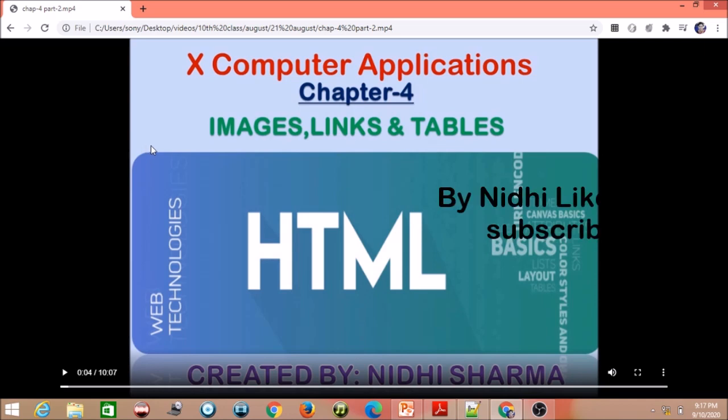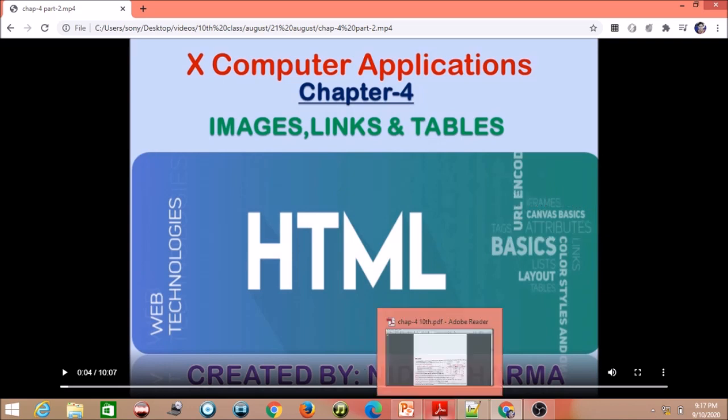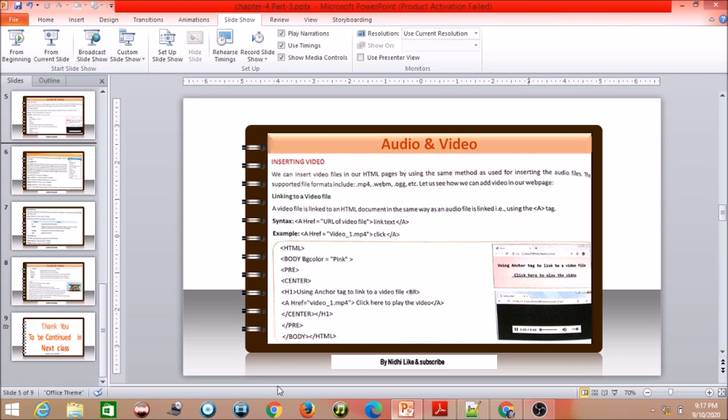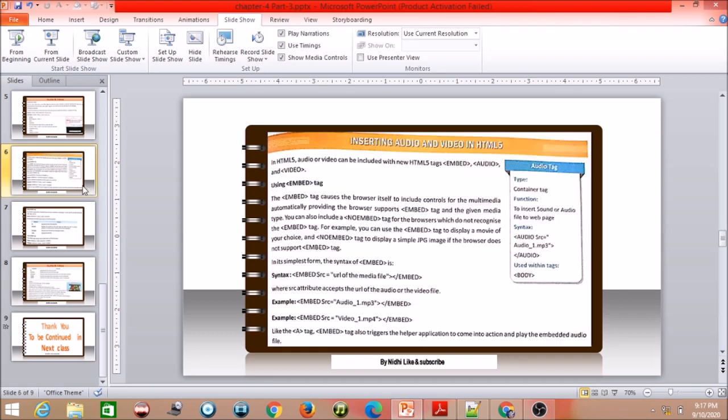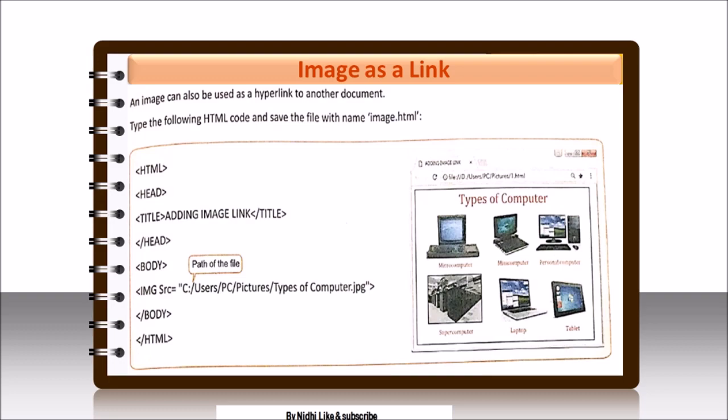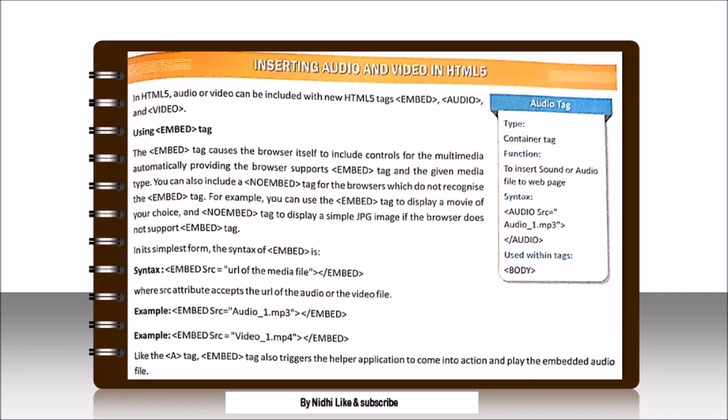So this is about a normal document. HTML5 uses a different tag for inserting audio as well as video. So see here, this HTML file is using a different thing for inserting audio and video, and that is given here: the embed tag. The embed tag is used for inserting audio and videos in an HTML file. So see, this is the structure. Embed, then source you have to write. If you are using audio, then mp3; if you are using video, then mp4, like this.